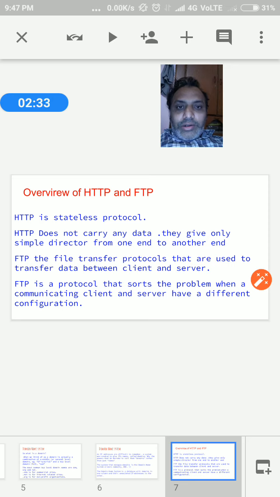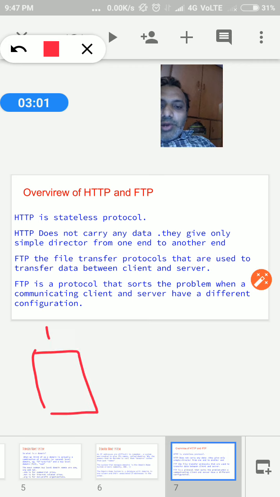If it doesn't carry any data, that means it is a stateless protocol. From the client we just send the request to the web server, only the request, without carrying any data from your browser to the web server.